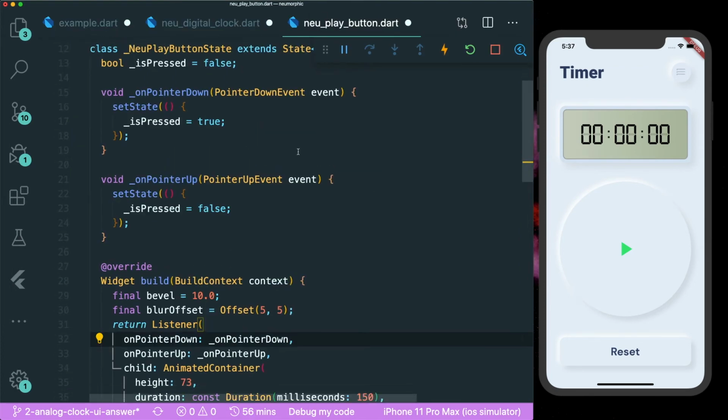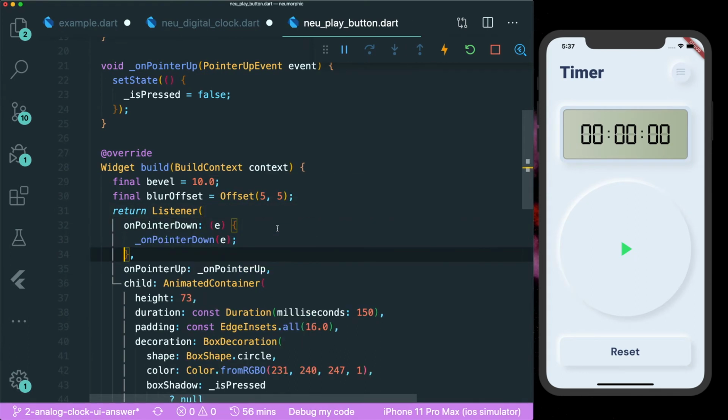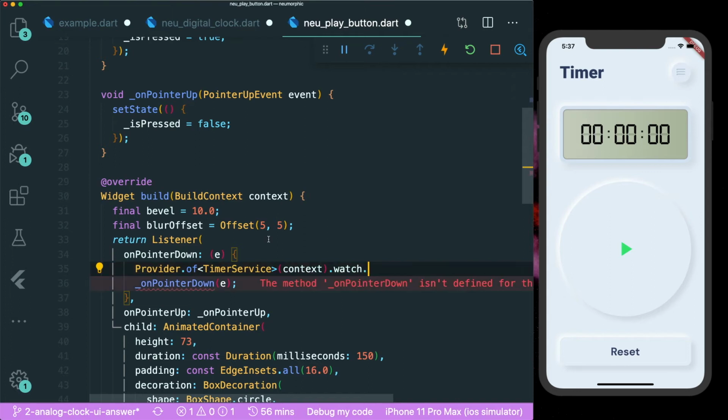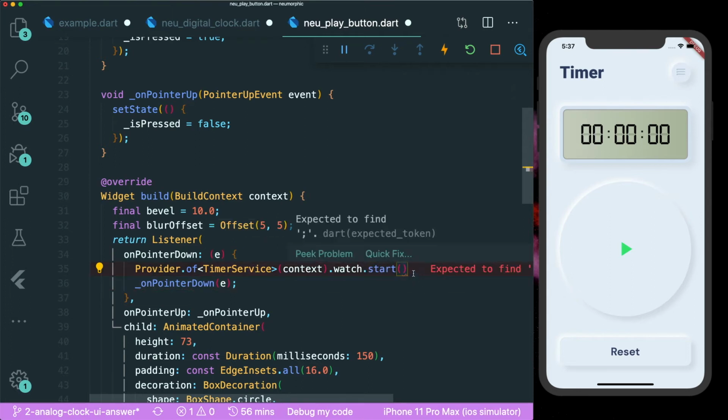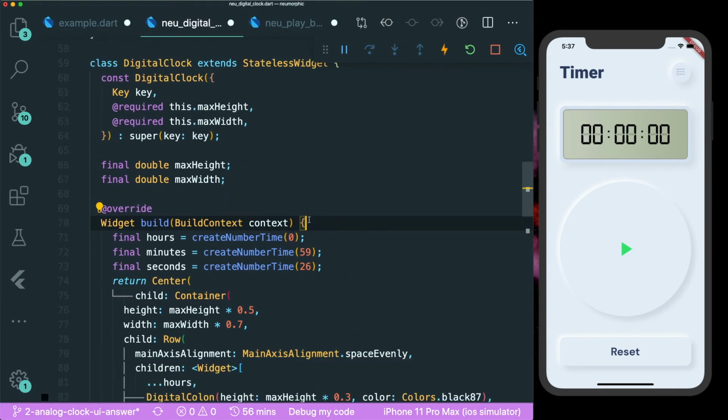Go to your new play button and make the onPointerDown function into its own function. At the same time, let's call the watch instance that we have created inside our TimerService change notifier with a start. And then after that, go to your